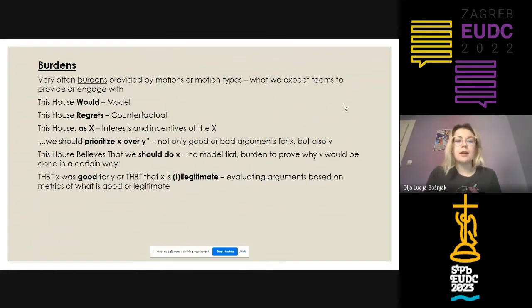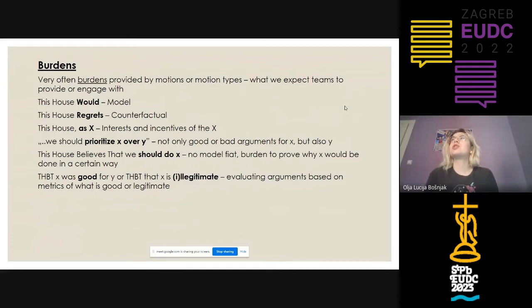And then "this house believes that X was good for Y," or "this house believes that it was illegitimate." So why did I combine these two? When a metric is provided for teams in the wording, obviously the argument should be made and evaluated based on these metrics, right? But also the definition of what is good and what is legitimate, and then evaluating the arguments in that sense. So if the motion was "this house believes that Putin was good for Russia,"